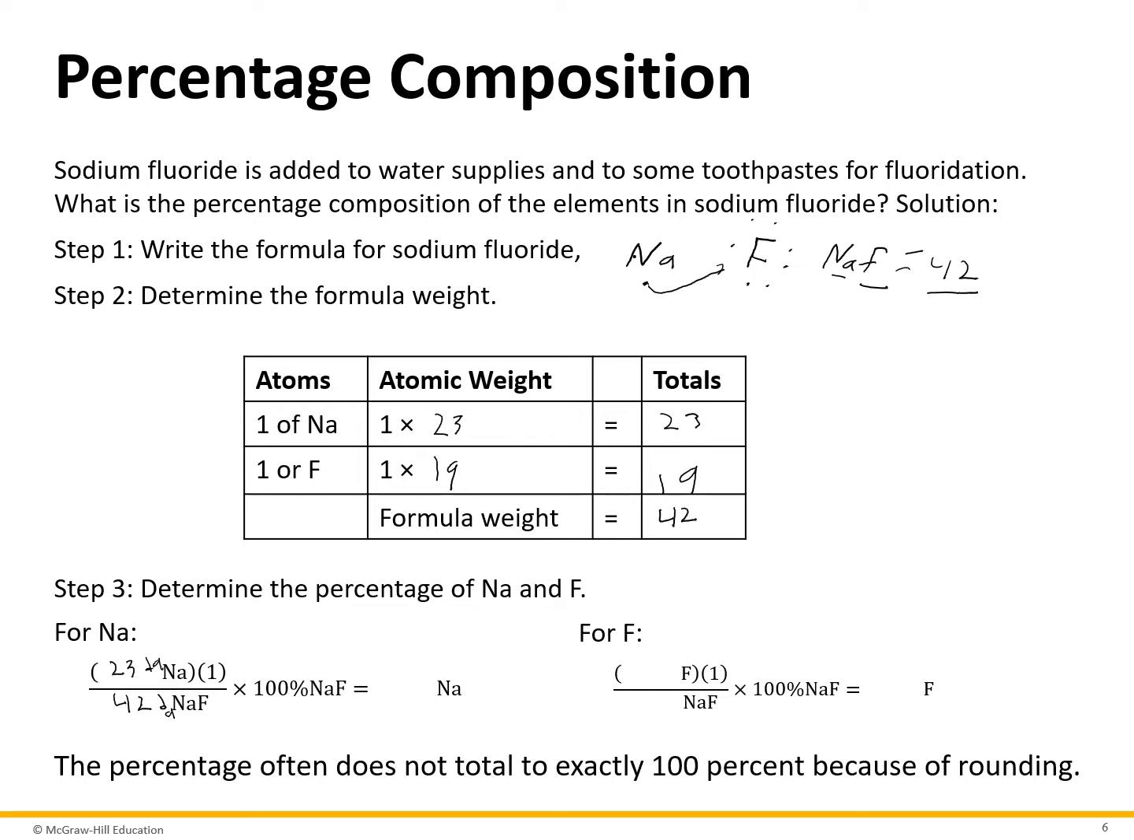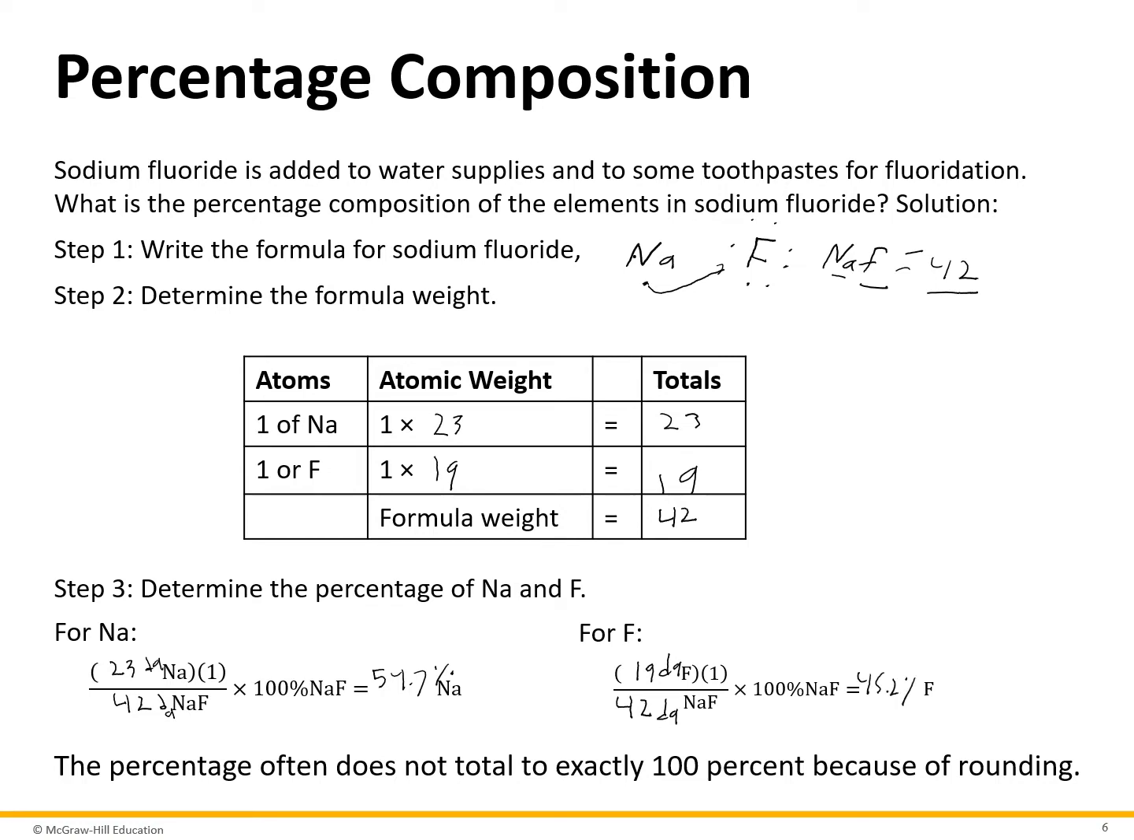So 23 divided by 42 is going to give you about 0.547, and you multiply that by 100% to get 54.7% sodium composition in sodium fluoride. We are going to do the same thing to solve for the percent composition of fluorine by listing at the bottom what the whole composition mass is, which is 42 Daltons for one sodium fluoride molecule. But now we're going to divide it into the mass of just fluorine, which will be 19 Daltons. You divide that, you multiply it by 100%,